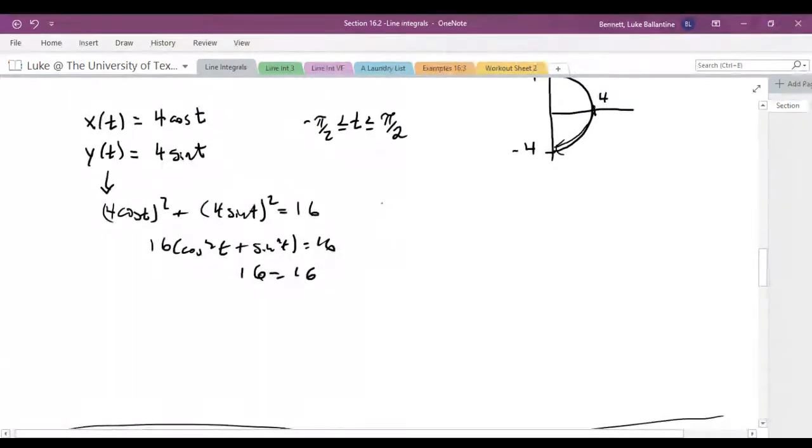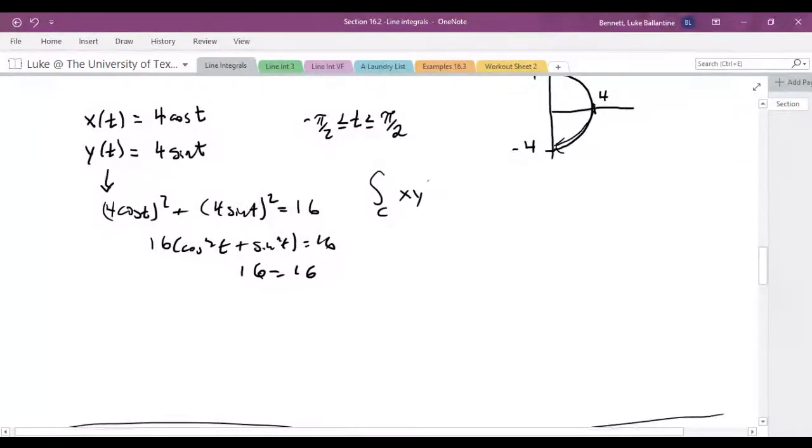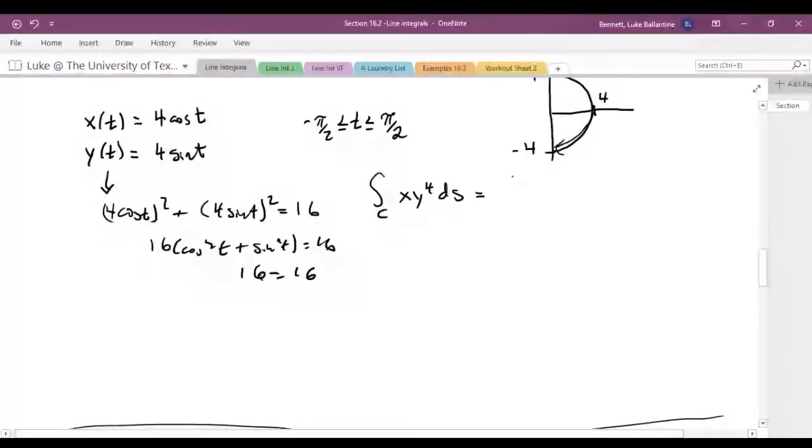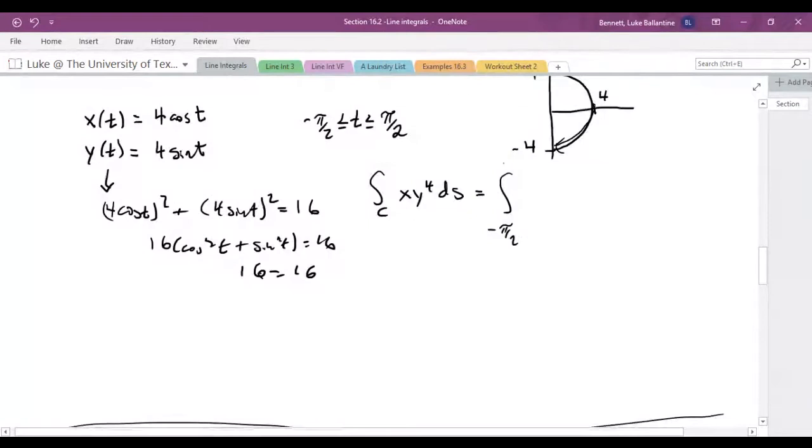The integral over C of x y to the 4th ds is going to be the integral from negative pi over 2 to pi over 2 of x y to the 4th